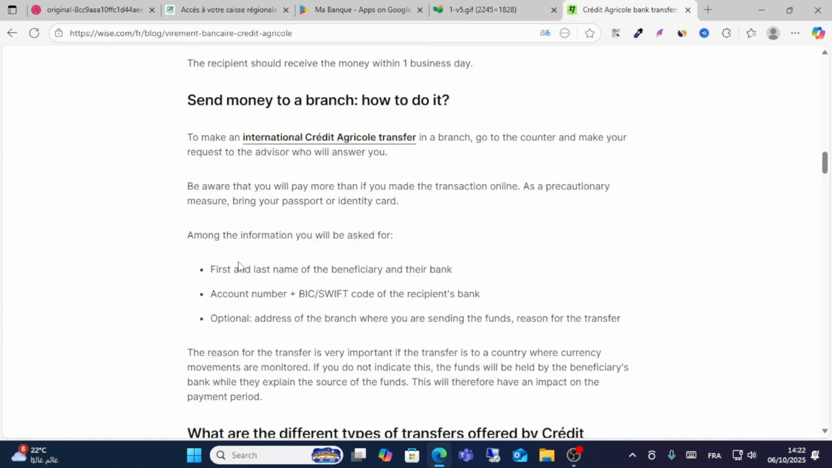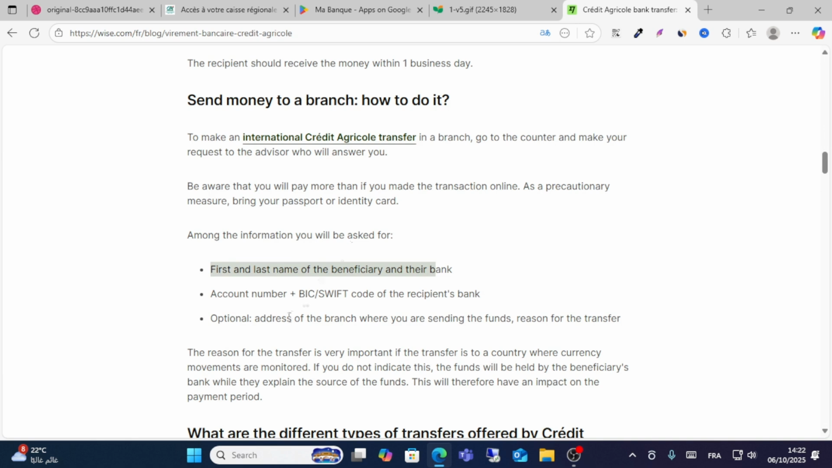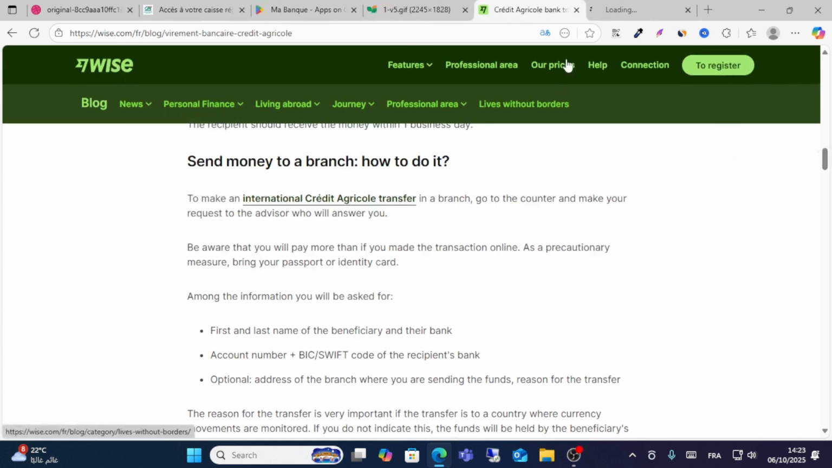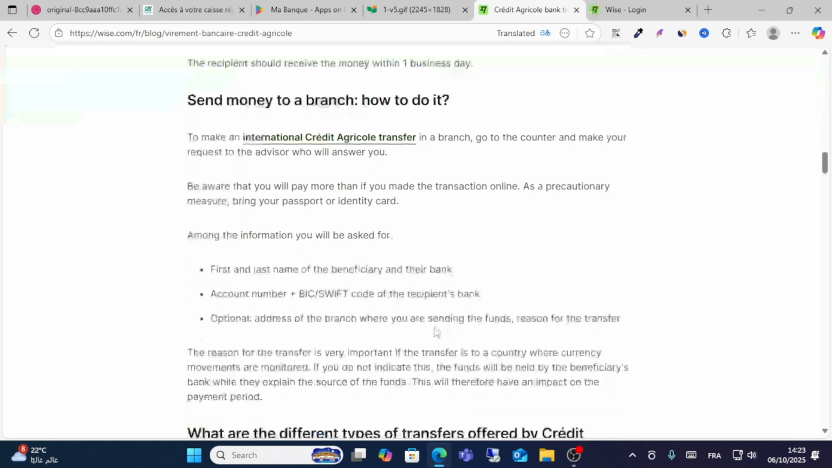ask you for information. You will be asked for your first name, write your last name in the bank, write all your details from here, your last name and account number, and the BIC Swift codes of the recipient bank. In my case, for example, if you use Wise, you can ask for all your Wise recipient details, and you have